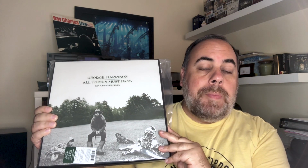let's just get started. I'm going to say a lot of these are going to be more common things that I've picked up, kind of filled in some gaps in the collection, but really excited to pick up the 50th anniversary All Things Must Pass 5 LP box set. George Harrison, All Things Must Pass. Came out in 1970. They put out the 50th anniversary release